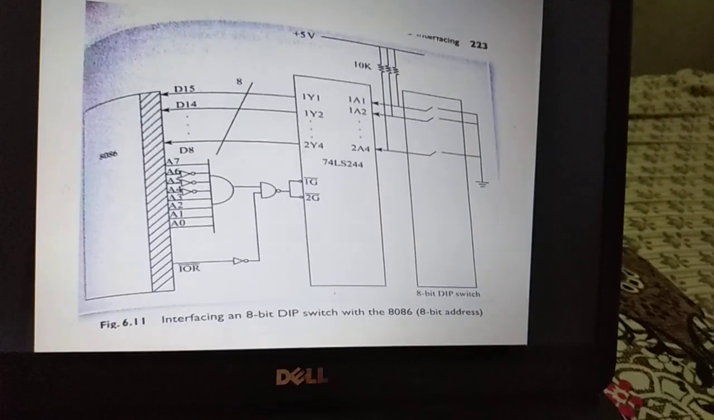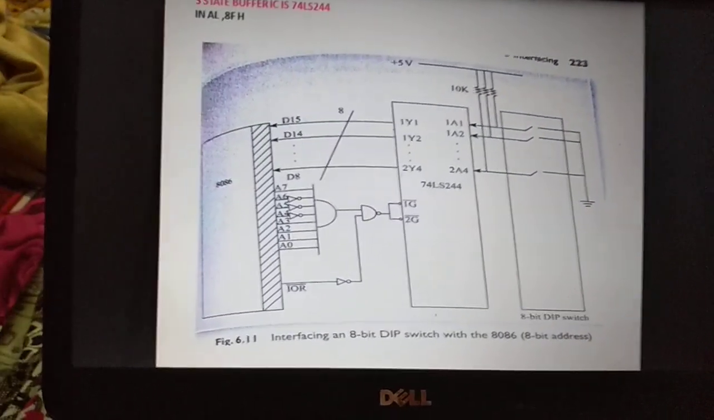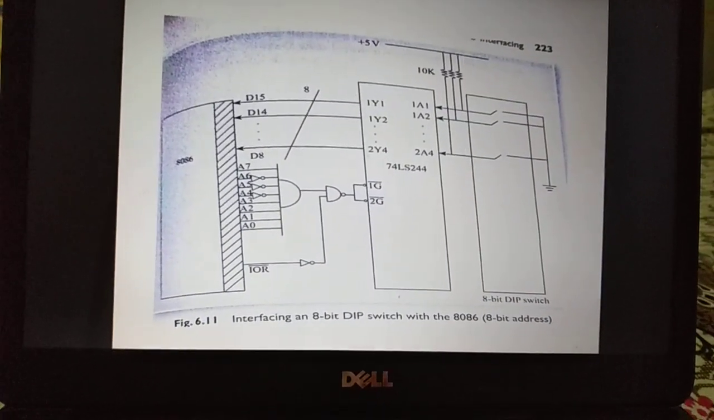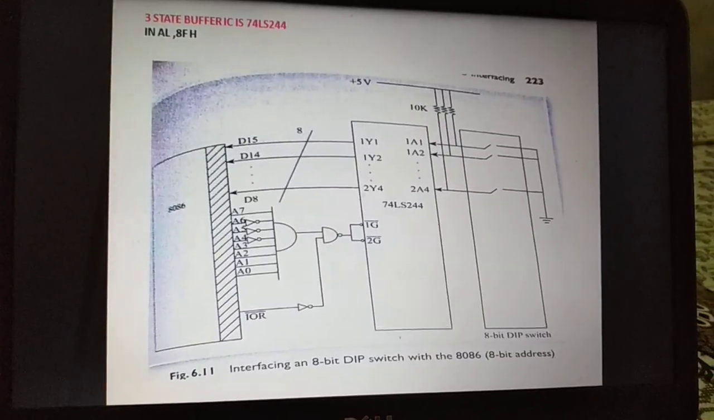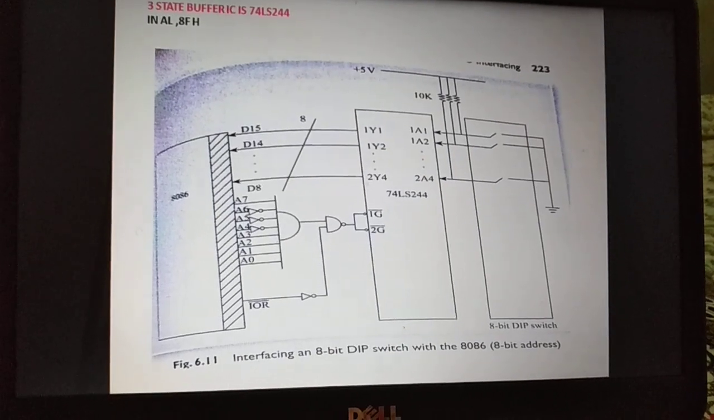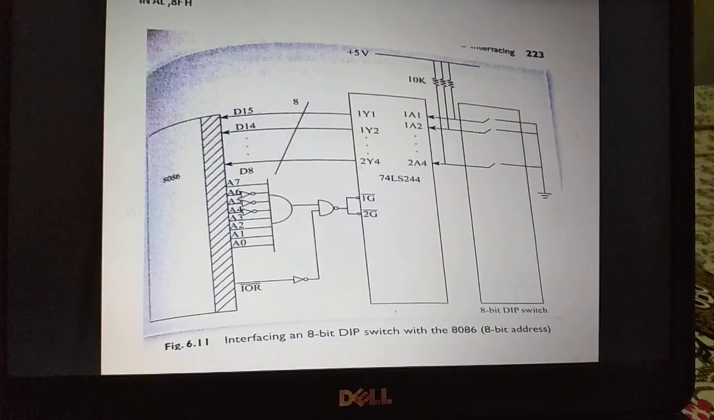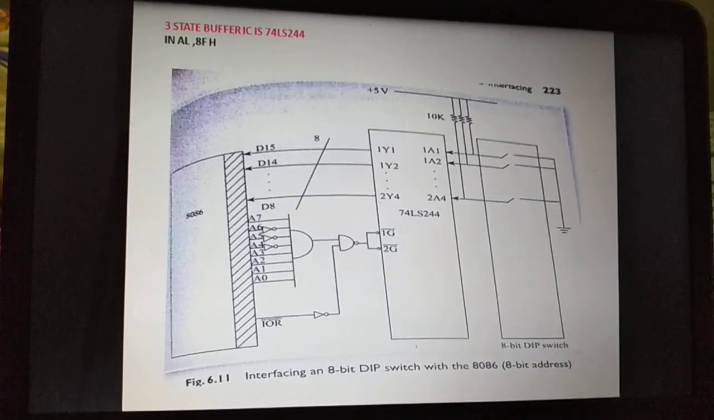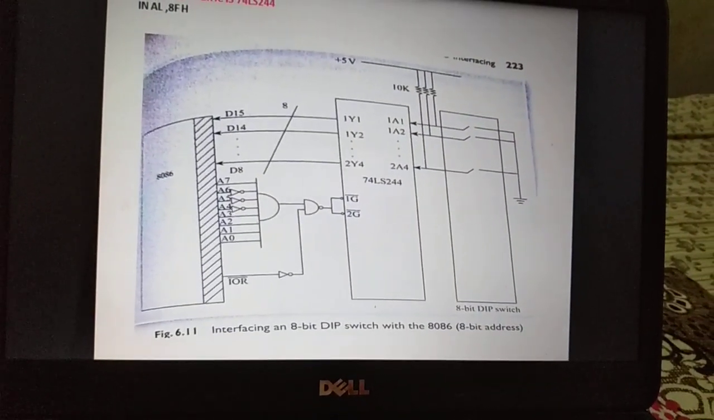We'll have a first example where we interface an 8-bit input device. As an 8-bit input device, we are going to use 8 switches. The switch data is going to be read by the microprocessor. Here we can see that the instruction used is IN AL, 8FH. 8F is the address of the input port, and this we do by means of a tri-state buffer known as 74LS244. From the microprocessor,